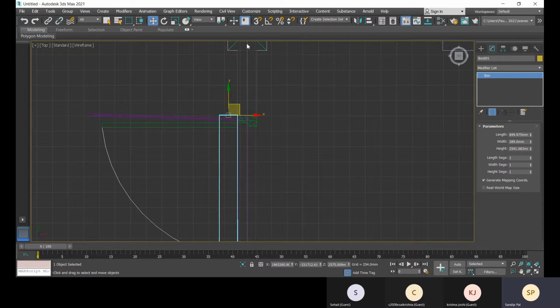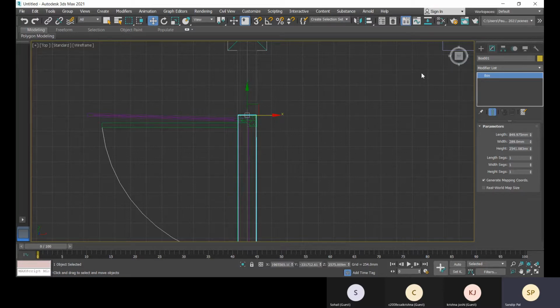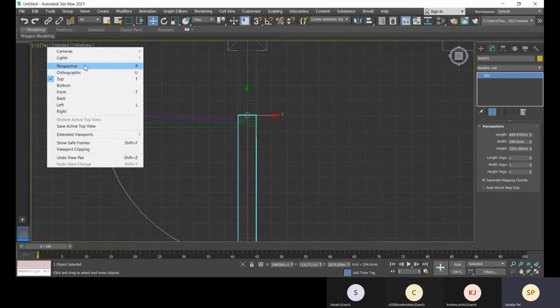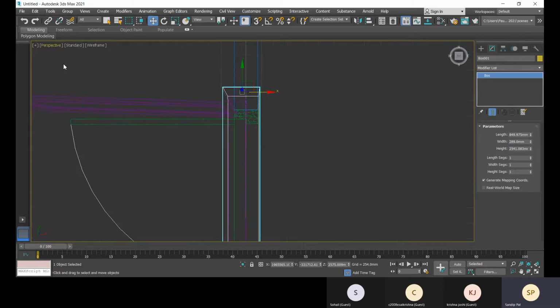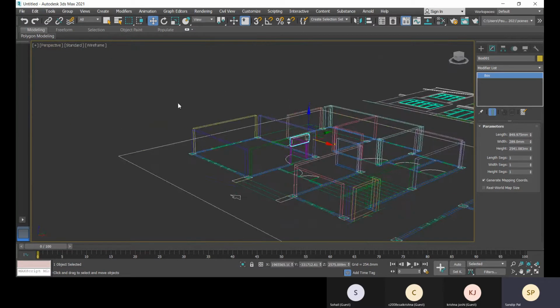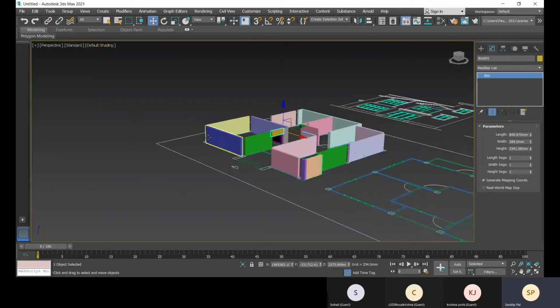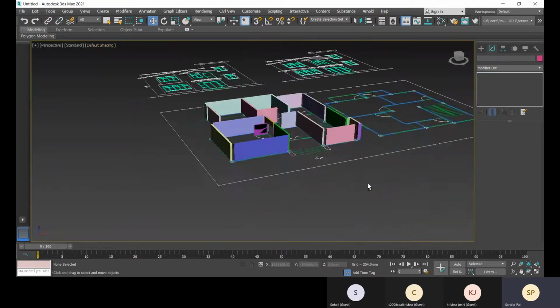Otherwise, just for quick, you can just snap it, or else you can just move it with this only. So this is one way of doing this.